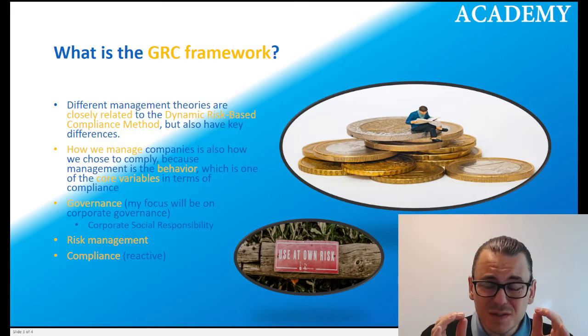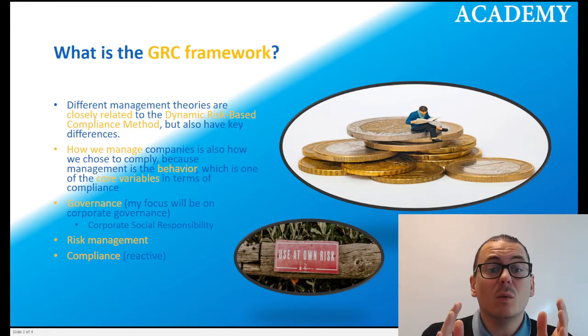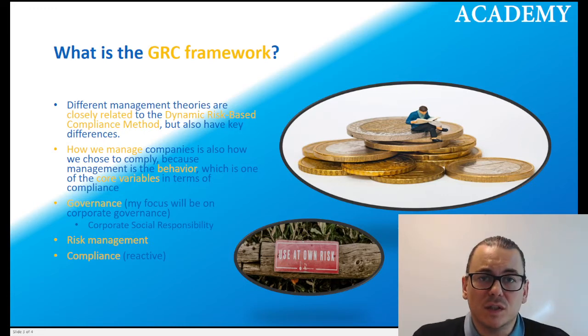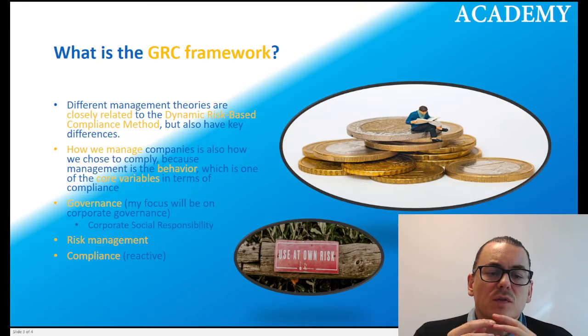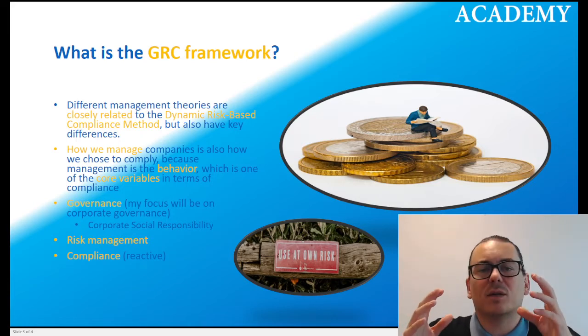And who decides how a company or a member state should behave? Well, that is management. So that is why we're looking into the GRC framework. It's because the elements of governance, risk management, and compliance are all important when we're talking about the dynamic risk-based